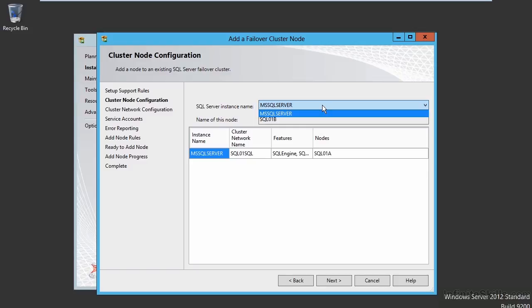Since we just have the one instance, that's the only option on the list. So we simply select the instance we want. We can see which machine we're on in case we've forgotten. And we can see a list of options available here to see what exactly has been installed and what nodes